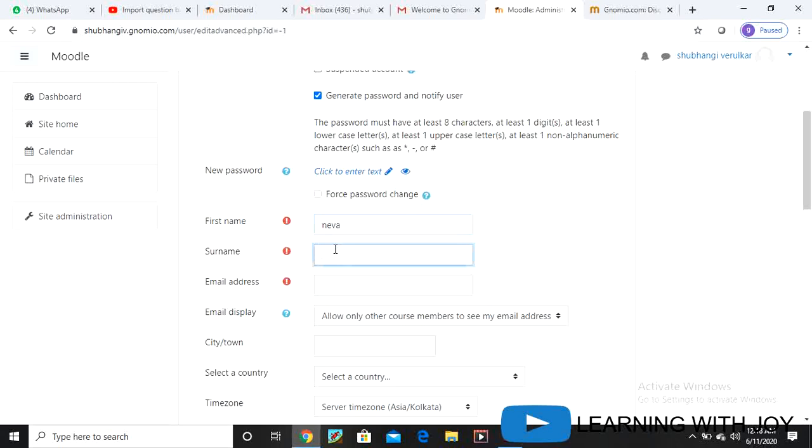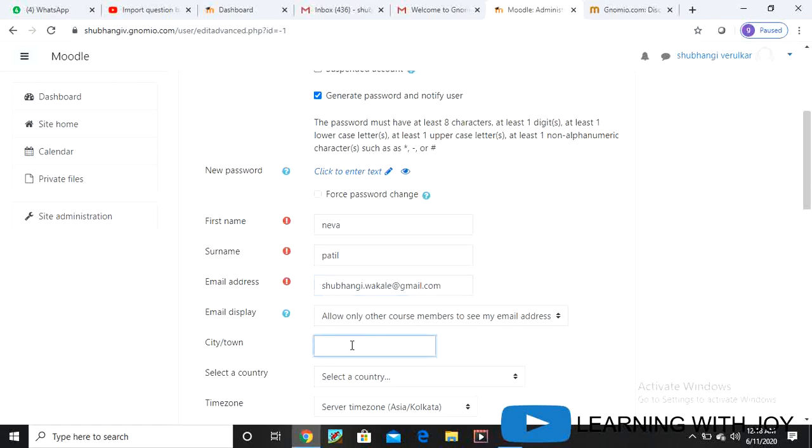Then surname Patil, email address. We will just check once whether a previously used mail ID will be accepted or not. As I have used this mail ID for another site, let us check this.